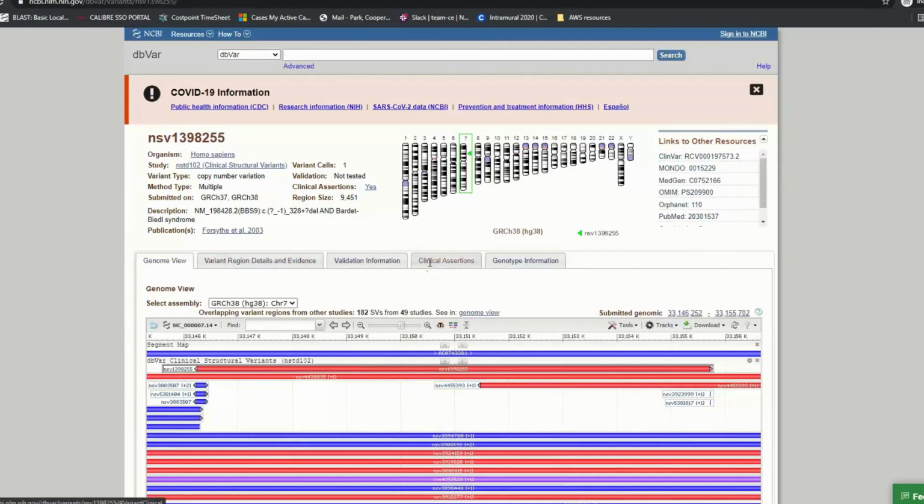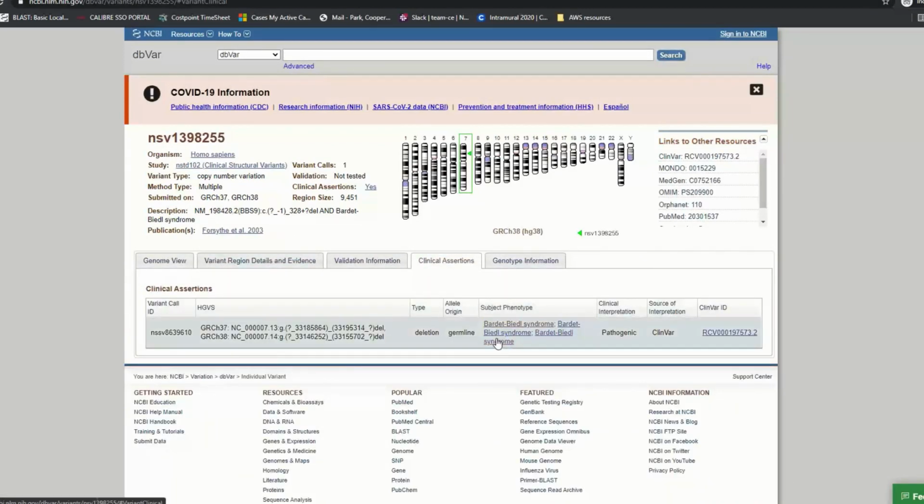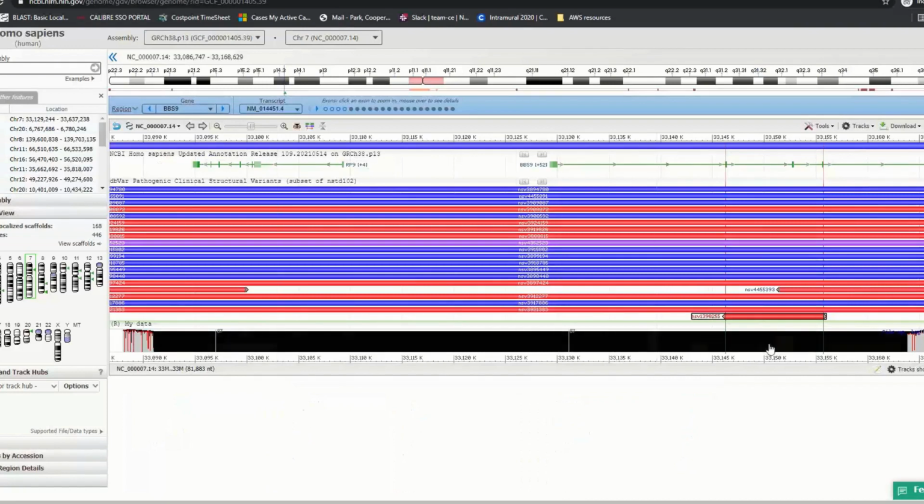And in fact, if we move over to the clinical assertions page, we can see the phenotype does in fact suggest that this variant is implicated in Bardet-Biedl syndrome, which means that if we're looking at this giant alignment here, perhaps this region is the most important part of this deletion and not, for example, the loss of this RP9 gene. So that's great, and it looks like we've discovered some good clinical information that probably warrants some future